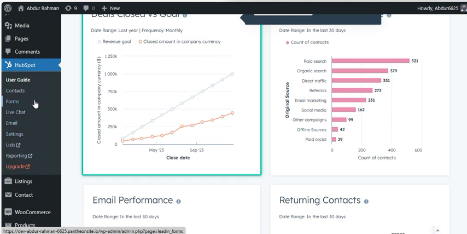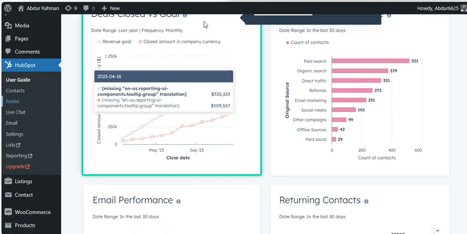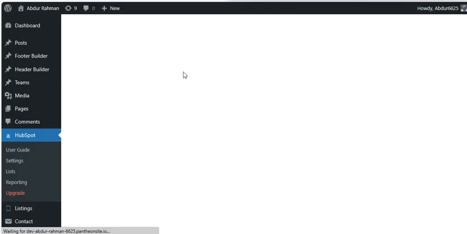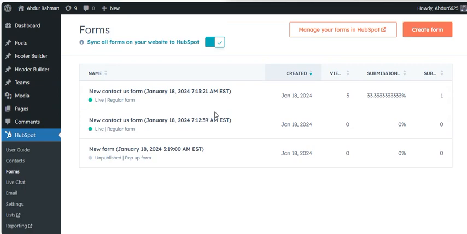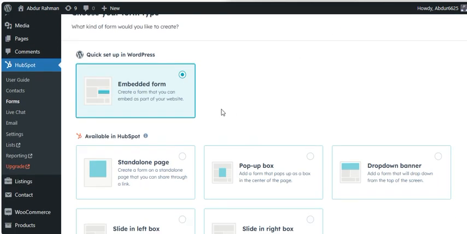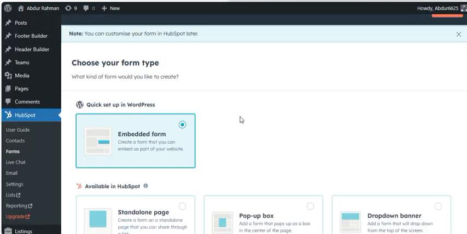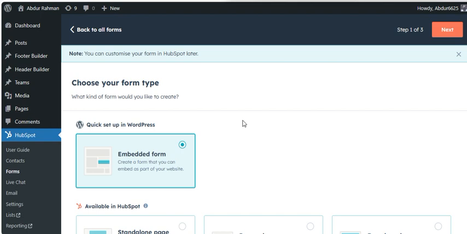So for that, what we have to do first is click on forms, and when you click on forms, you will be brought to this page where you can see all of the forms you have created. And if you don't have any form, you will just have to click on the create form option, and you will be brought to this page where you can create a form like a standard page form, pop-up form, and different kinds of forms. Okay, so when you have a form,